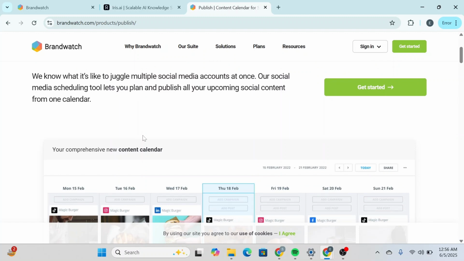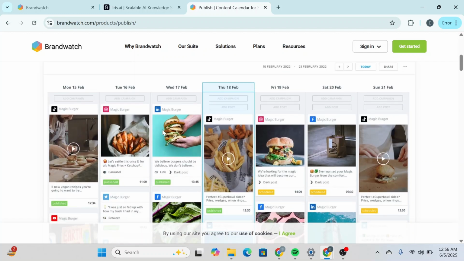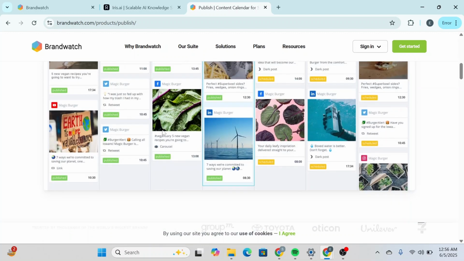Each post entry shows metadata like publishing status, performance, assigned team member, and more. So you can use content tags to group campaigns, for example, a holiday promo, product launch, or brand awareness. Then there's the Smart Inbox, which is a centralized hub that brings together all your DMs, mentions, and comments across